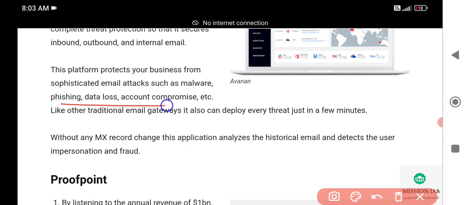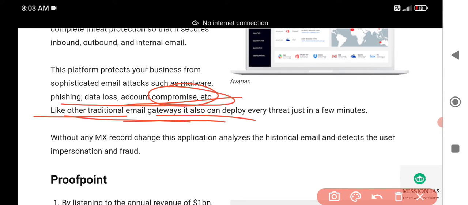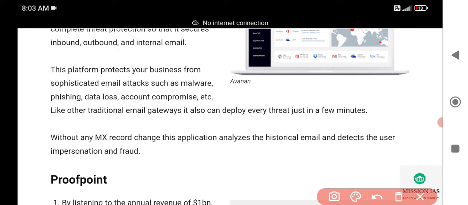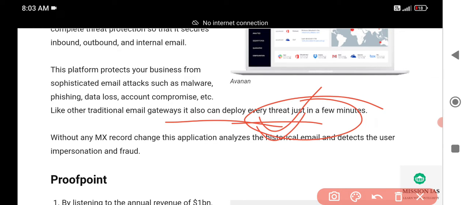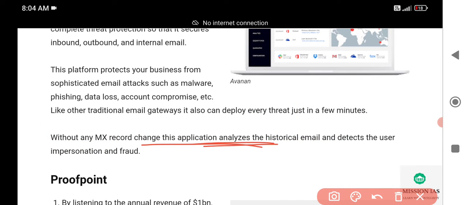Okay, then after phishing, data loss, and account compromise, etc. Like other traditional email gateways, it can detect every threat in just a few minutes. And without any MX record changes, this application analyzes historical email and detects